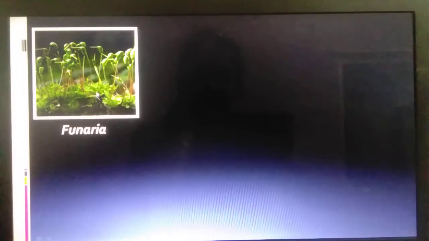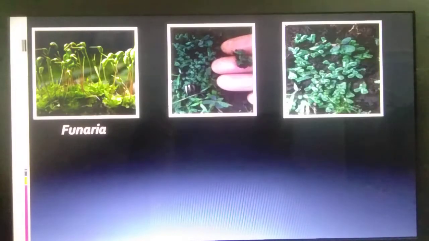Fine. And here there are leaf-like structures, and they are inside the soil. That means they have root-like structures also. So scientifically it is called Funaria, or commonly called moss. Fine. Next, you can see I've clicked a picture from my garden. This is also called Riccia. You can see how small it is, and you can see leaf-like structures, and here there are small fiber-like roots. Fine. They are also called rhizoids.